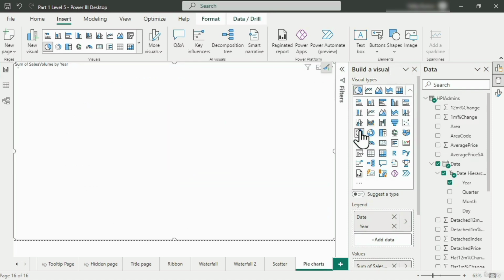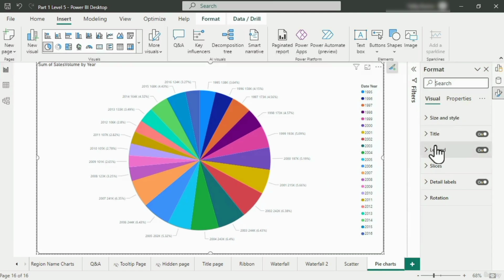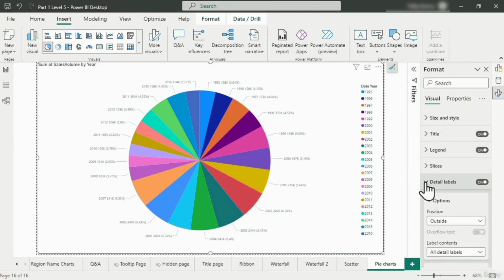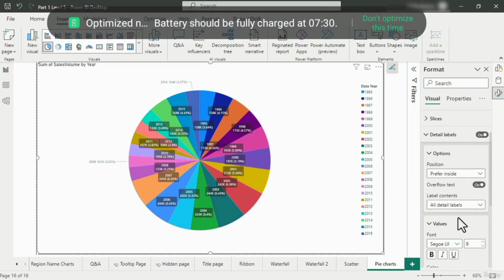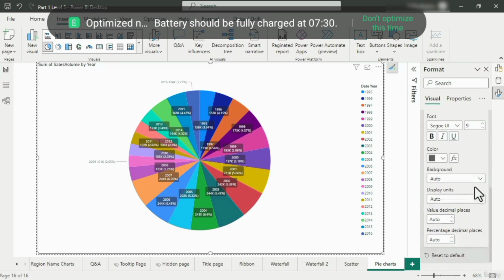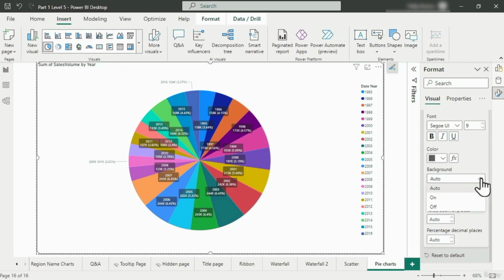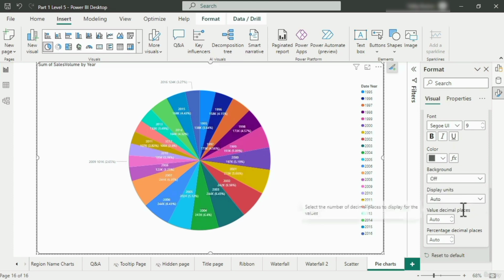So just a quick look at some of the other properties, and they largely revolve around this details label. So in addition to what you show, you can also say where you see it. So outside, inside, or a preference, prefer outside, prefer inside. So the prefer means that not everything will be outside. Then you can format the font. You can say whether a background is on or not. So here you can see that the value here is shown with a background, but I can turn it off